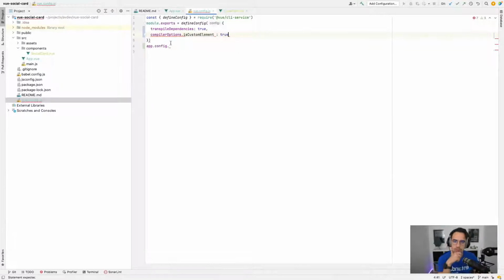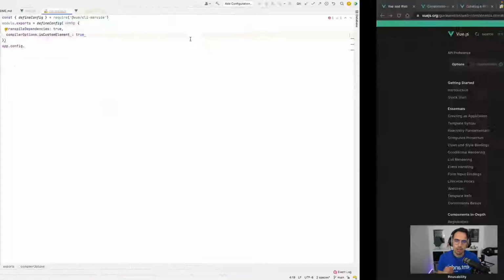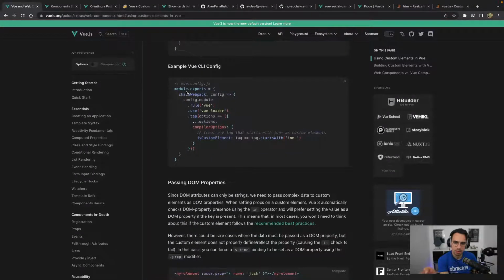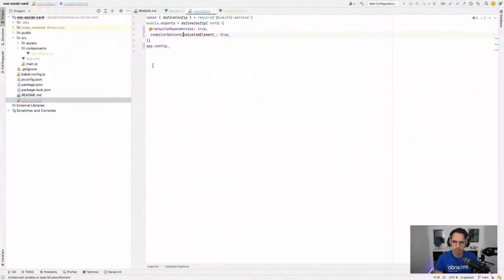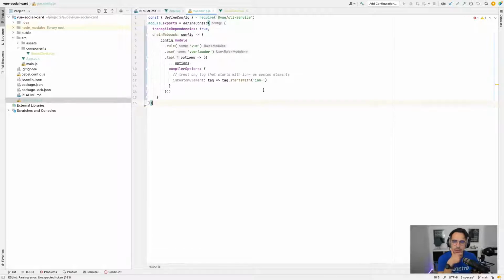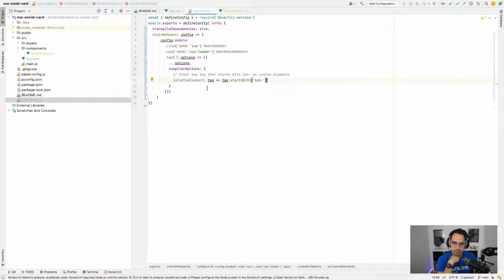Oh yeah, the Vue CLI. Module exports, compiler option. Yeah, I was using the wrong part. So it's just the configuration to let the Vue CLI know that what we are creating is